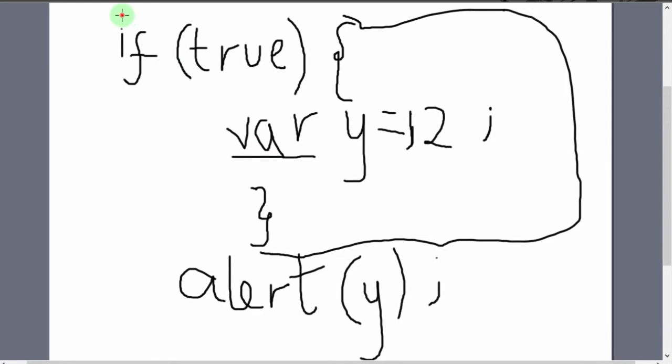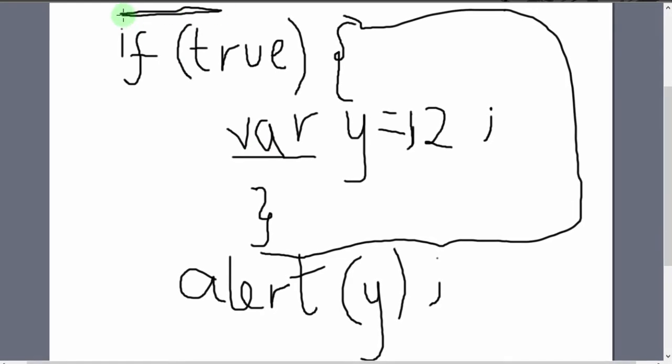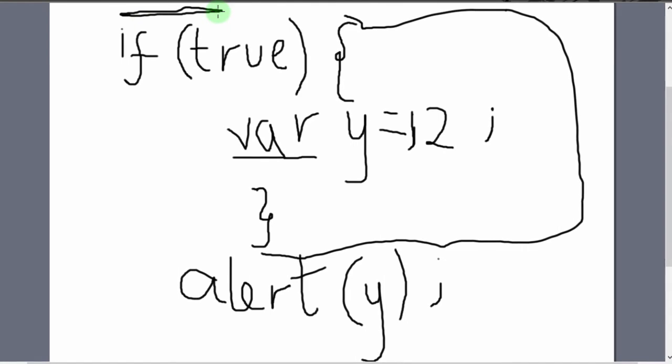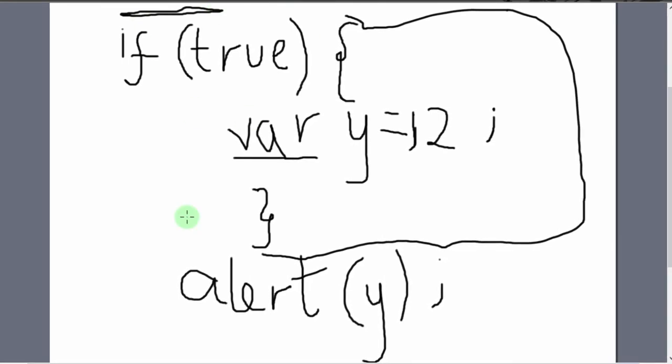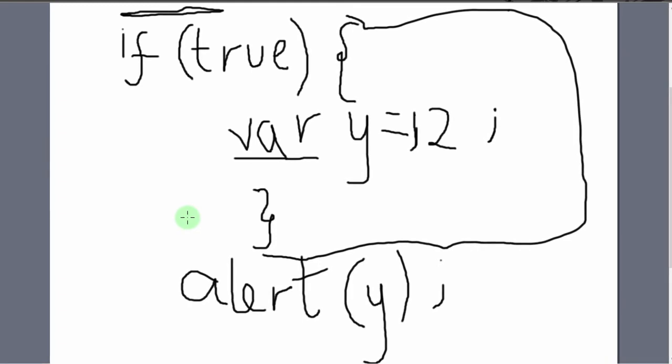But if it was defined outside of this block and outside of any function, it would be a global variable that is accessible by any other function or by any other if block or by any other thing that wants to use that variable. As long as it is not defined within a function or within an if block or any other kind of block like else block, it is a global variable.